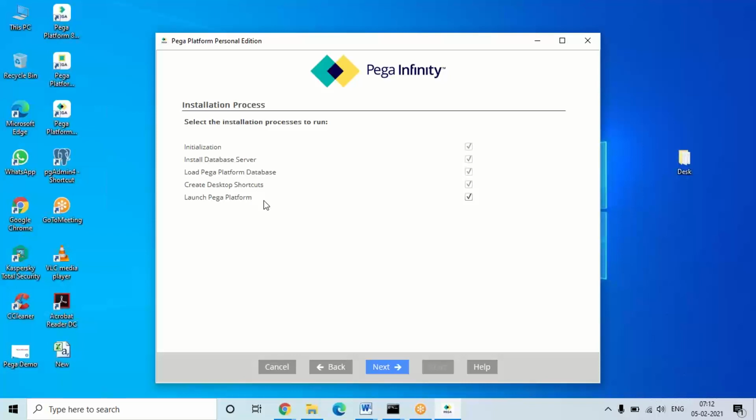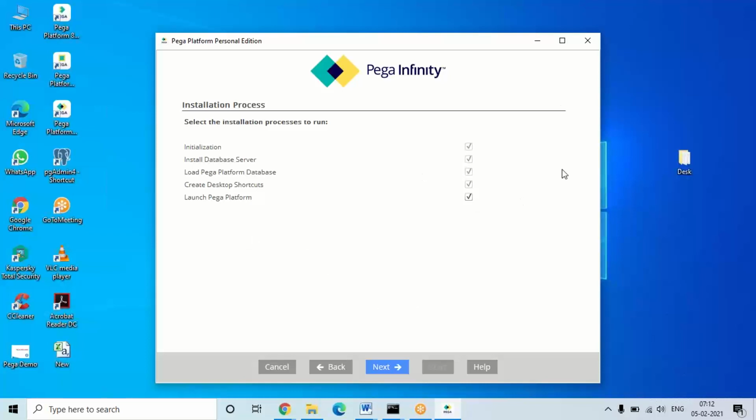If you want to start or open the Pega application, we are going to start the intranet server, which will launch automatically after your installation. These 5 steps will happen automatically after beginning the installation.